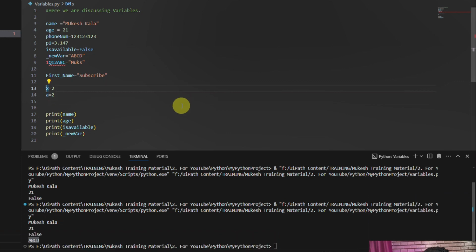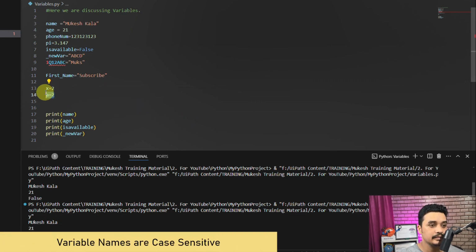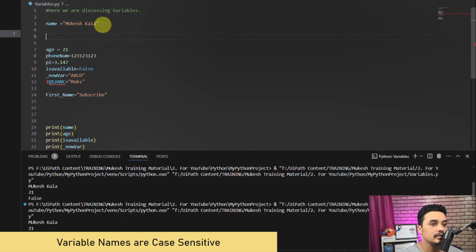Okay, there is one important thing which I want to tell you guys, that the variable names are case sensitive. What do I mean by that? I have a variable here which is name. I create one more variable called NAME in capital letters, right? And I put here Python. So now I have two variables, one is name and one is NAME. Both are not exactly the same, right? So what happens if I